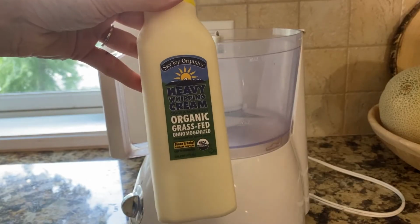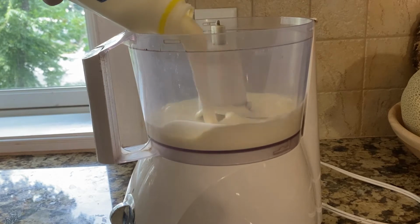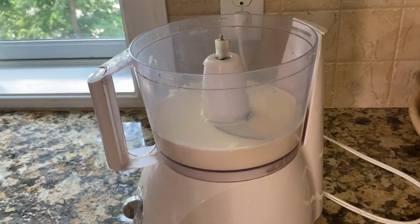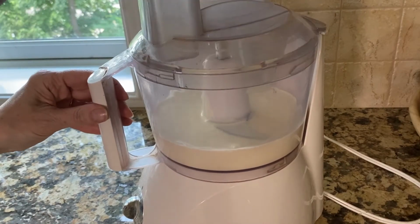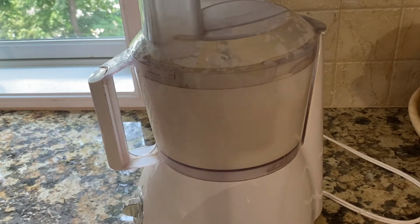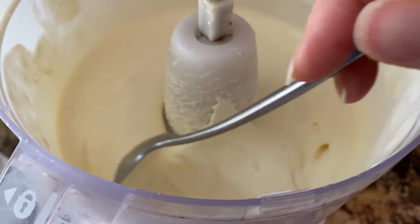First, we're going to whip 1 cup of heavy cream. You can use a hand mixer for this, or like I said, I'm just going to make it simple and whip it right here in my food processor. After 30 seconds, or however long it takes to get a nice fluffy consistency,